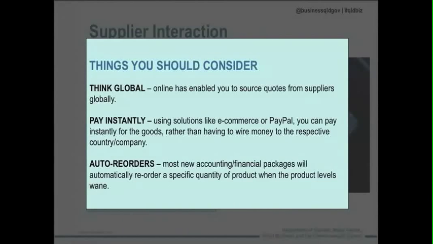And then that last component there is the concept of auto reorders. We're starting to see momentum build, if you like, from a business's perspective to utilize cloud-based accounting software and ERPs, which is enterprise resource planning software, which has in many instances auto reorder capacities to it. This means it has the intelligence to look at sales flow and past sales, historical sales figures and so forth for particular goods, and then automate or create a proposed reorder quantity based on that historical sales figures and sales processes that have gone through for that particular product, and can automatically, in some instances, reorder that product when it gets to a set level.